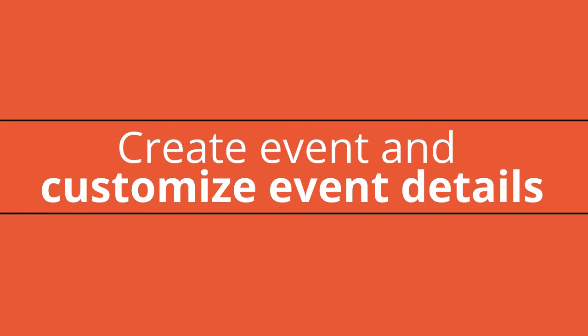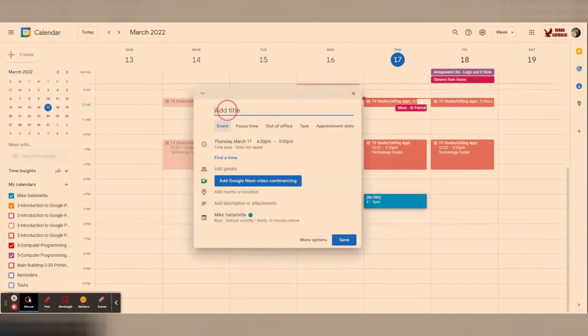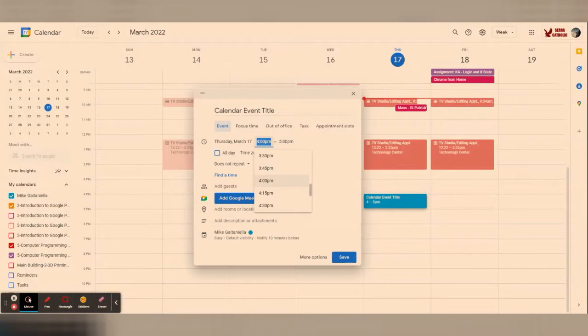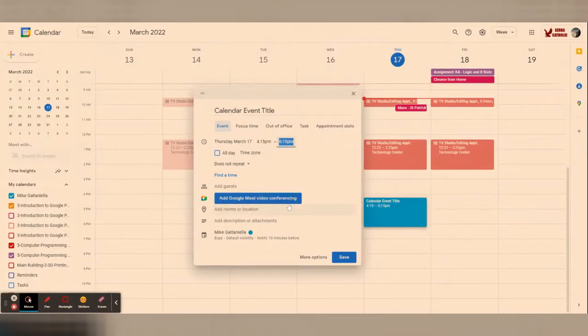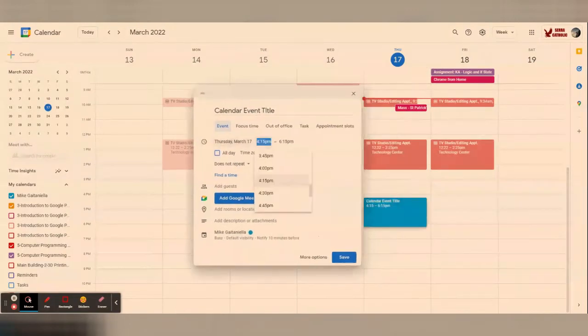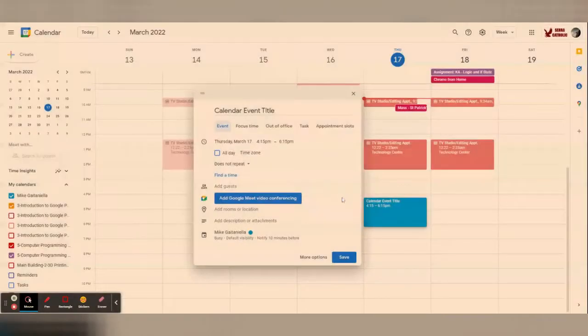Create event and customize event details. In Google Calendar, we will now create an event. On the top left, click Create. Add a title and any event details. These may include the date, times, whether to repeat or not, adding guests via email, adding a Google Meet to the event,